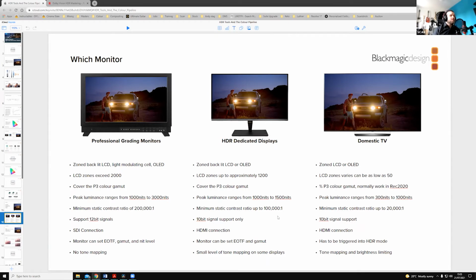Rather than go through all the different points and break it down and read a PowerPoint to you, or a keynote to you, it's not engaging. Generally, these are the three categories they get split up into. If you're doing Dolby Vision and mastering for Netflix or anything like that, a professional grading monitor is really where you want to be looking. If you're doing HDR10 or anything like that, then HDR displays, or possibly a domestic TV, but you need to be aware of